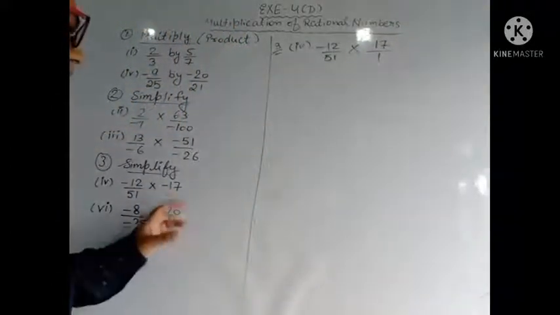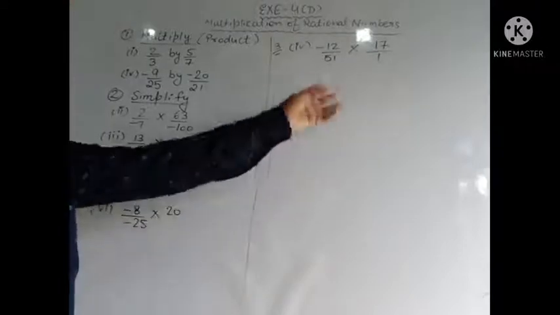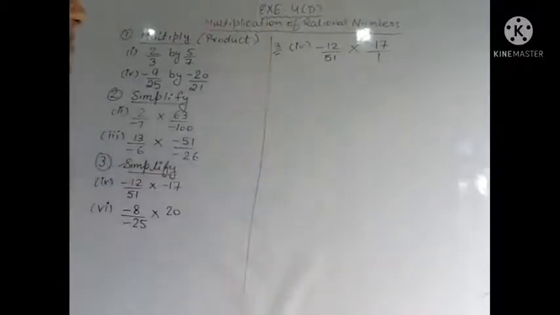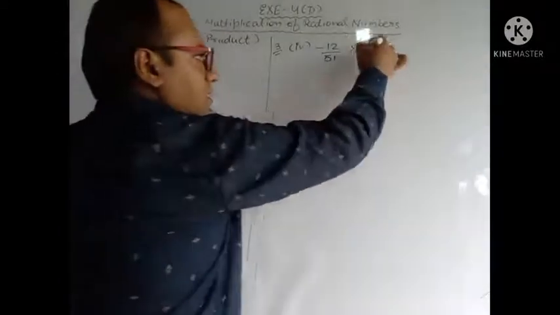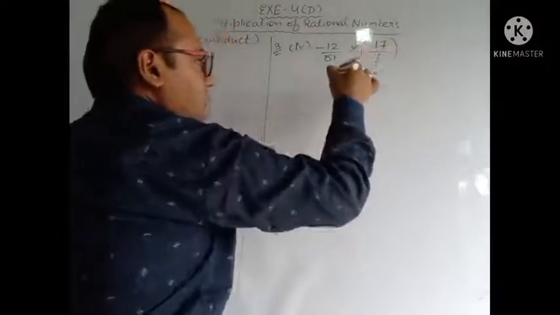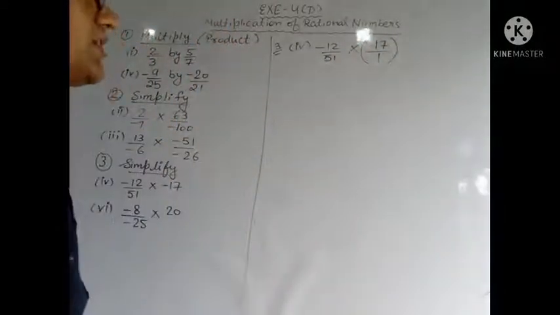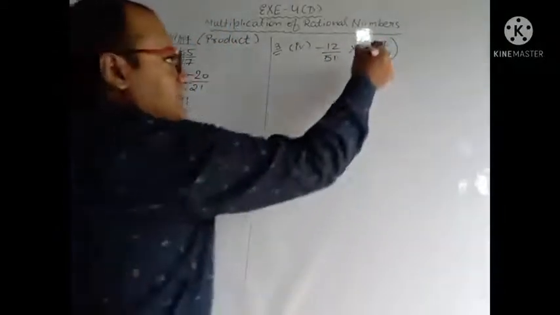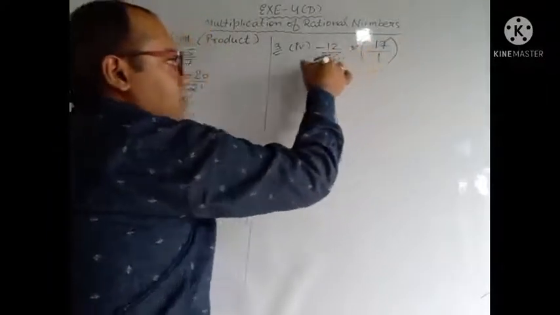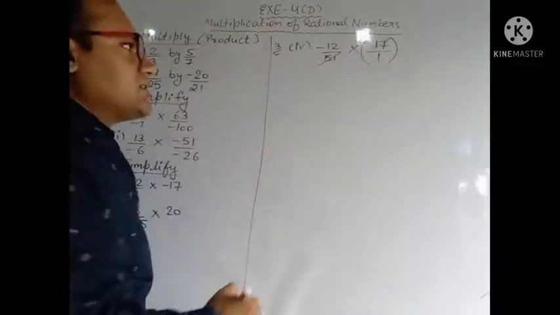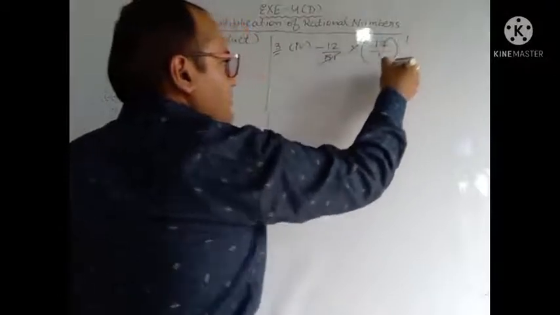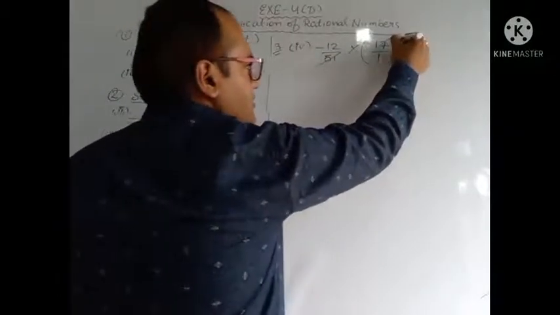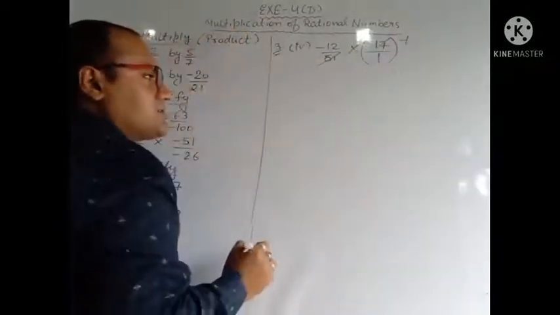Whenever no number is written in the denominator, in that case we will take 1. Now double signs are coming, multiply and minus, so we will use a bracket here. Now with the table of 17, the numerator number and denominator number will get cancelled. 17 ones are 17. In this 17 minus is there, so in the answer also we will take minus.